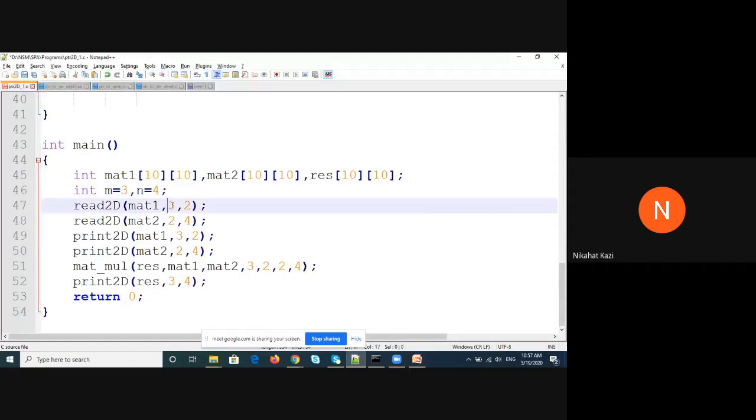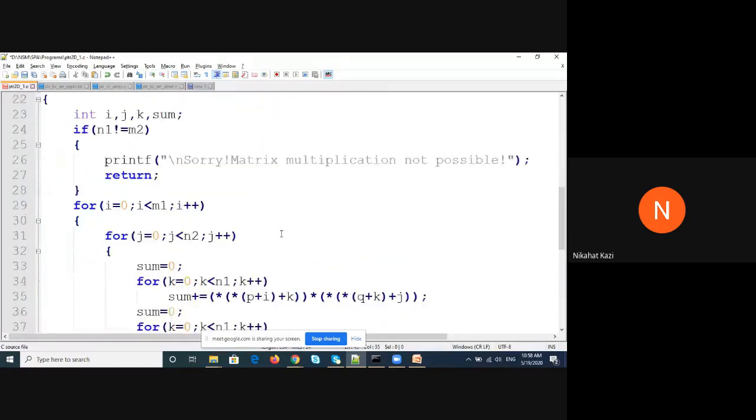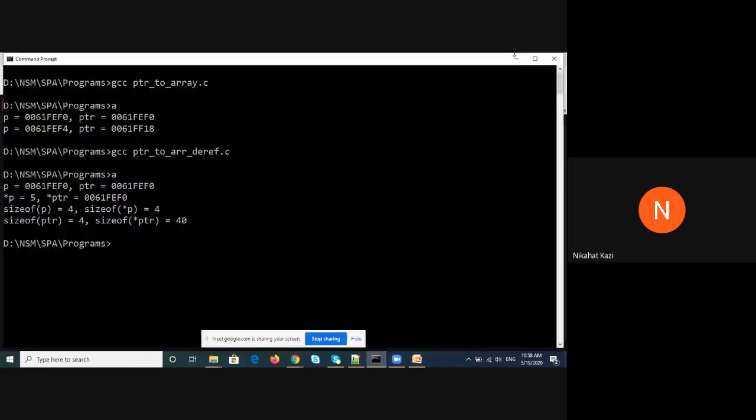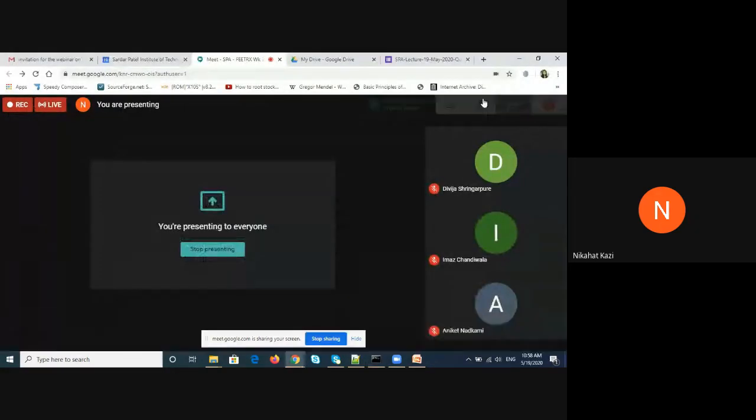Okay. So then this program, again we have done reading of the matrices, printing of the matrices. I just hard coded it to 3x2, 2x4, and then finally you call the matrix multiplication function. So you can just go through this program. I will send this today only. All the programs that were discussed yesterday and today, I will send today. Just go through them. Maybe this week, Friday or some date, I'll consult with you or your timetable. I will check and ask you which slot I can keep that lecture.